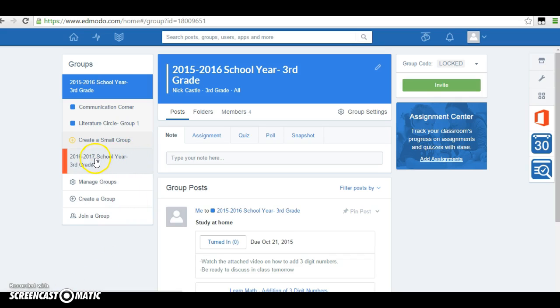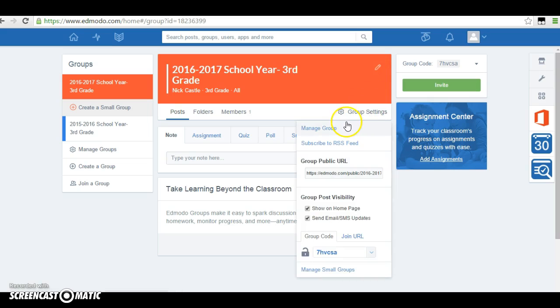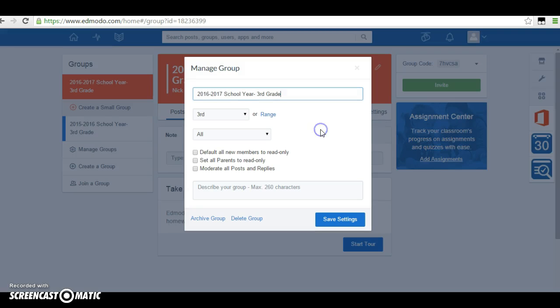So I am going to go ahead and delete the group that we just made for the 16-17 school year since I do not need this one yet. Again, I'm going to go to my group settings. Now this one is an entire group, not just a small group. So when I click it, I'm going to need to go to manage group, and within the main manage screen where I could rename it, I can choose different features if I wanted to, but since I'm deleting it, I don't need to check any of these